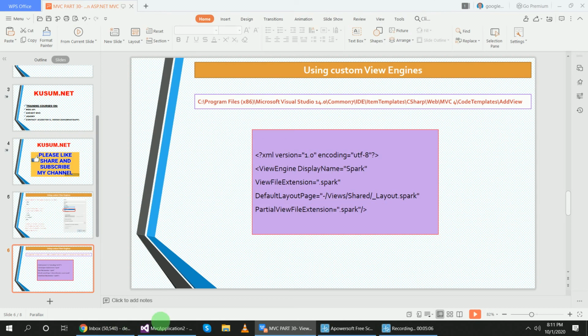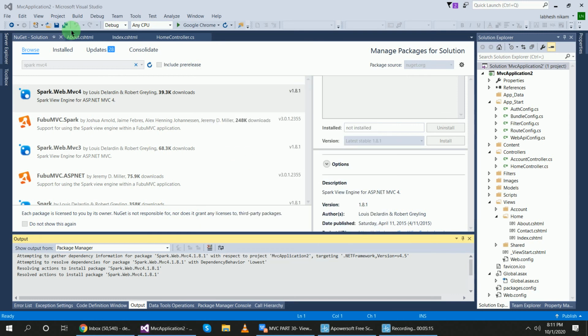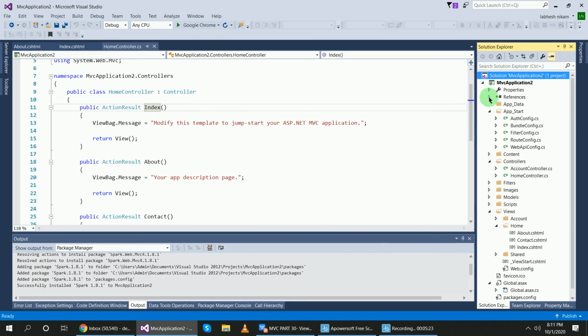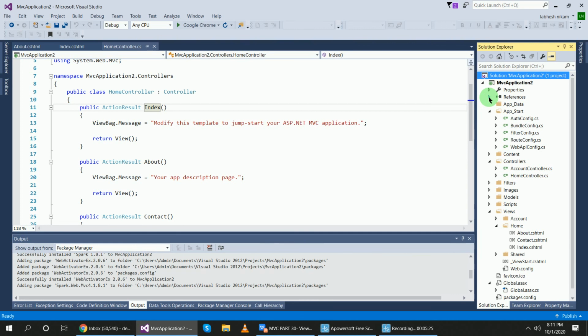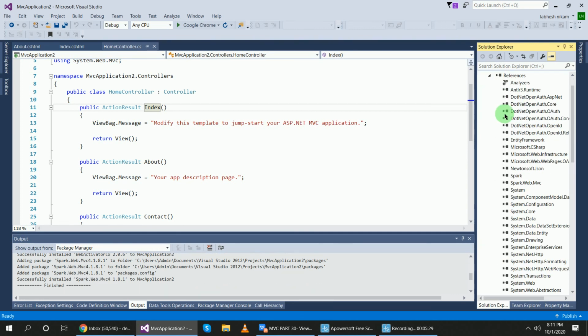Let's see. First I will check whether it is installed. Yes, Spark.Web.Mvc4 is installed now. If you want to check, you can check in the references. This reference contains Spark.Web.Mvc. Now we will go to that path.